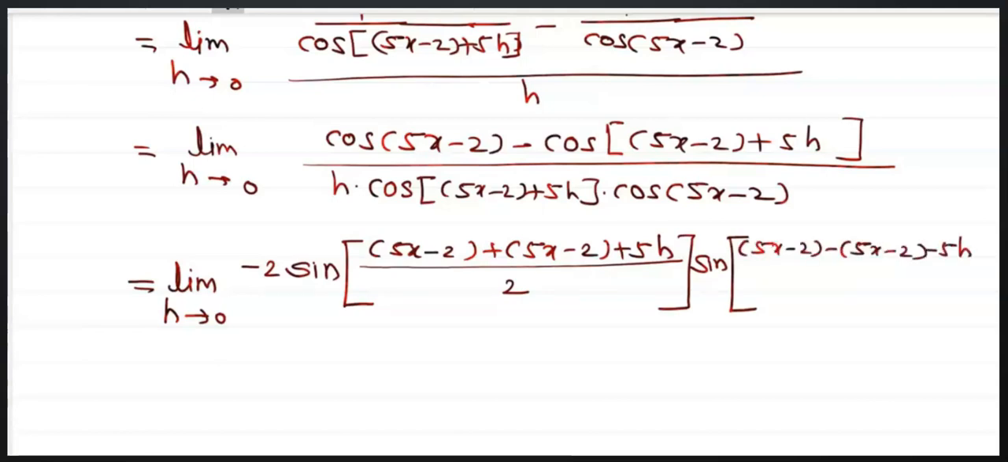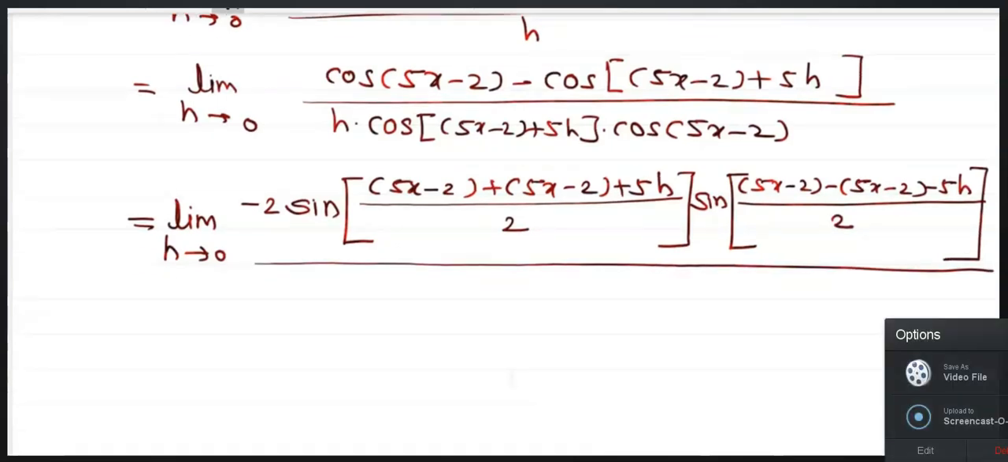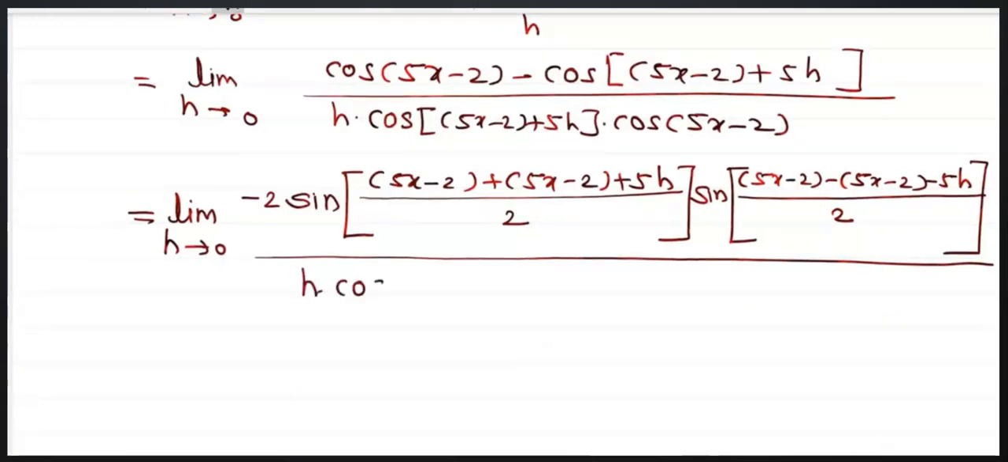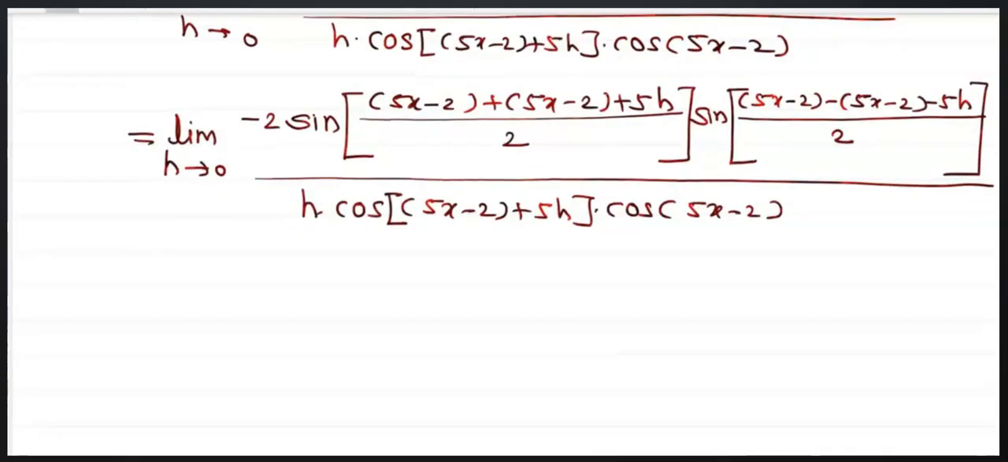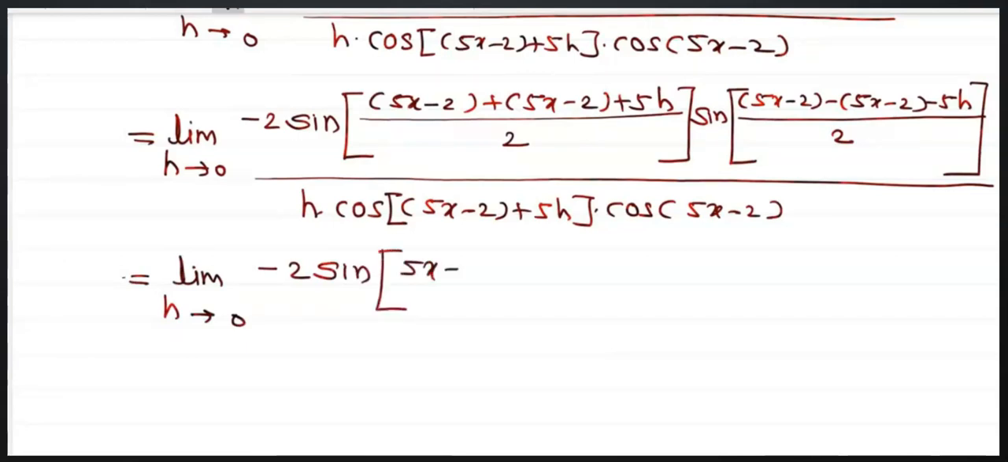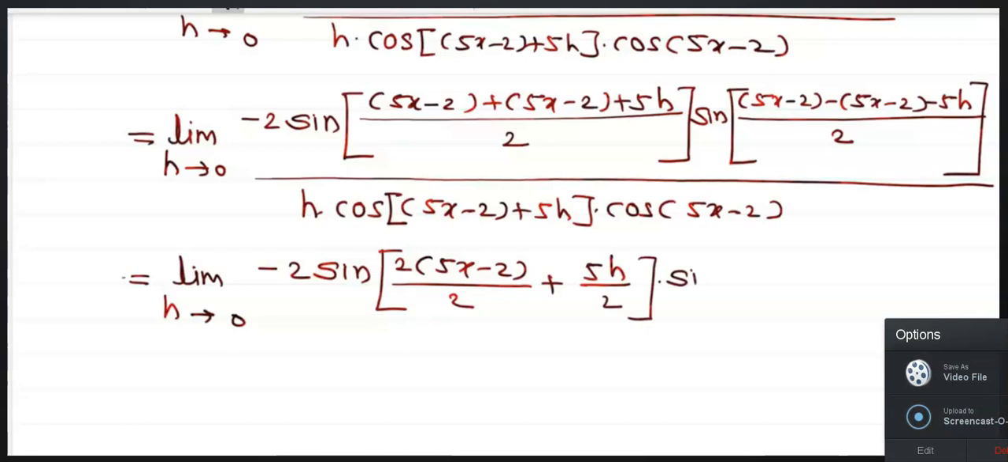This is the formula that we are applying here: sine of (c plus d) upon 2, this is c, this is d, into sine of (c minus d) upon 2. Therefore, that is the limit h tends to 0 of minus 2 sine of (2 phi x minus 2 plus phi h) upon 2 into sine of (minus phi h) upon 2